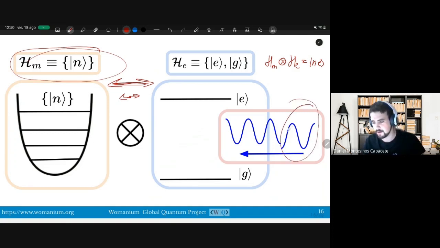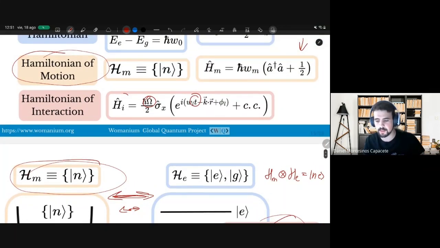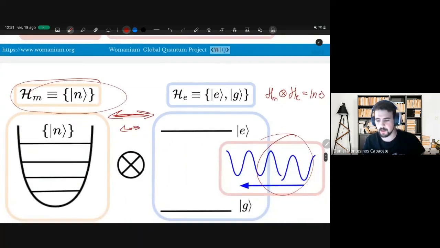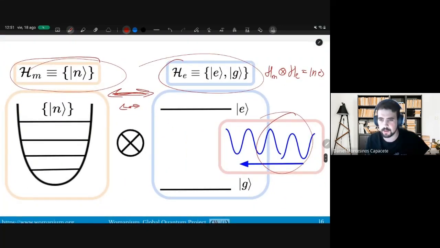The laser is going to be interacting with the electronic state. That's going to be our interaction. So this Hamiltonian of interaction is going to be a linear operator in this space here,